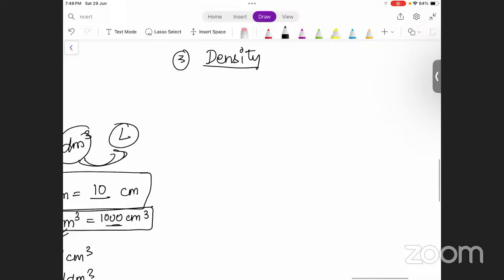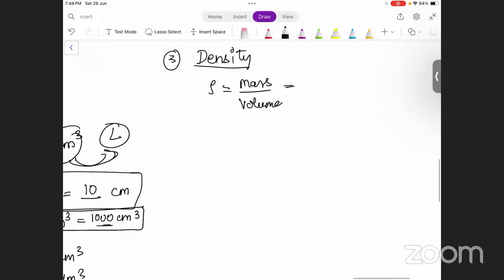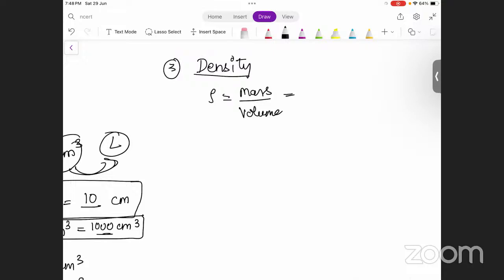Now, as you know, density is usually denoted by the symbol rho, right? So density is equal to mass upon volume. Now if I write the SI units,